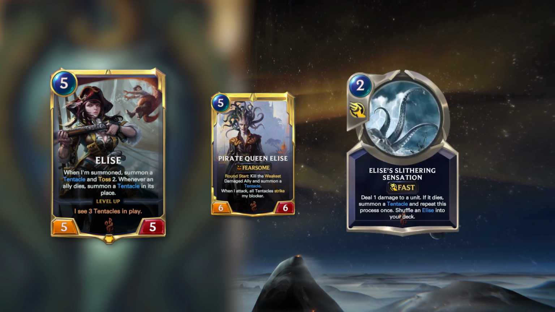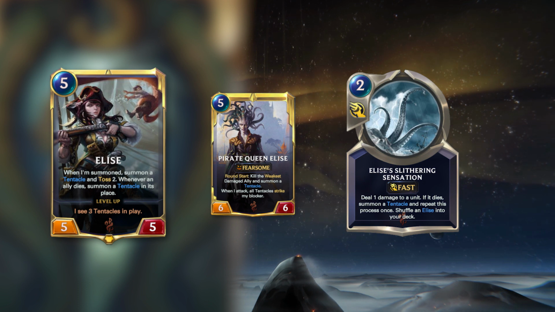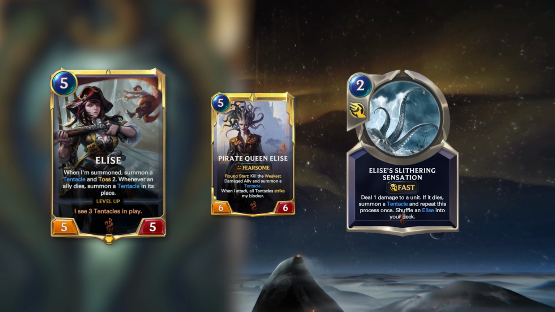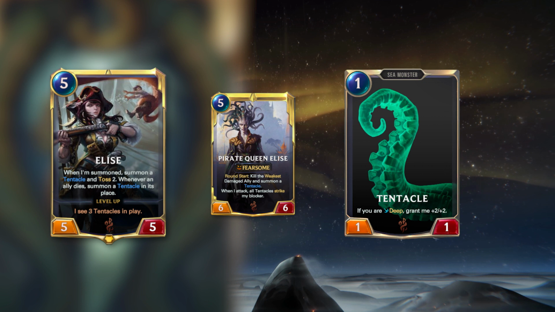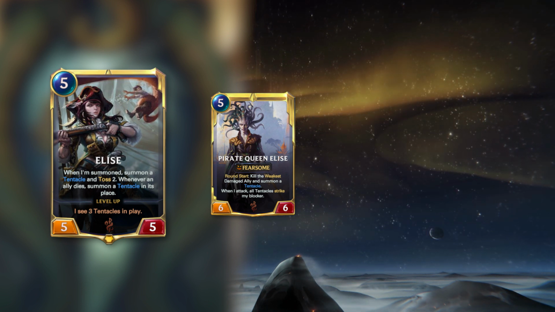Their champion spell is Elise's Slithering Sensation, a 2 mana fast spell. Deal 1 damage to a unit. If it dies, summon a tentacle and repeat this process once. Tentacles are 1 mana 1/1 sea monsters that, if you have Deep, grant me +2/+2. They are not collectible. The author had this to say: